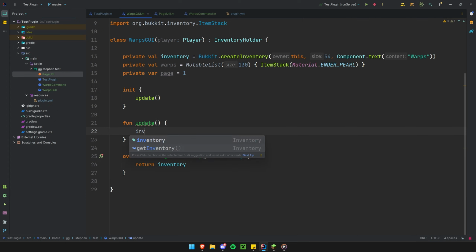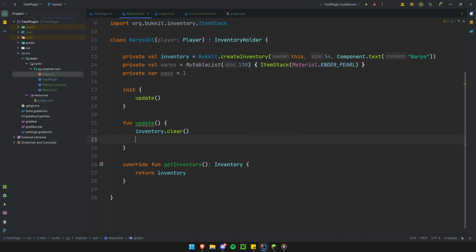So what we're going to do is firstly clear the inventory. If we don't clear the inventory, then when we try to set different items on different pages, there may be a bit of a mess. So just make sure the inventory is empty for when we update it. And secondly, now we can loop through the items and put them into the inventory. Now I'm going to use the add item function. So what I'll do is